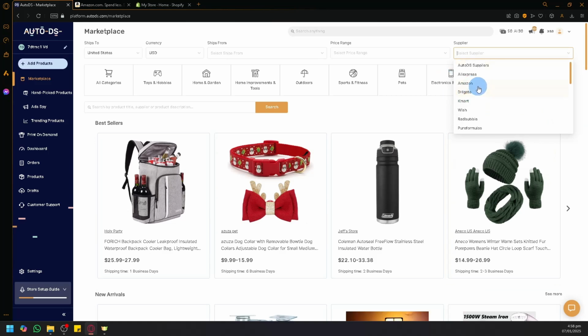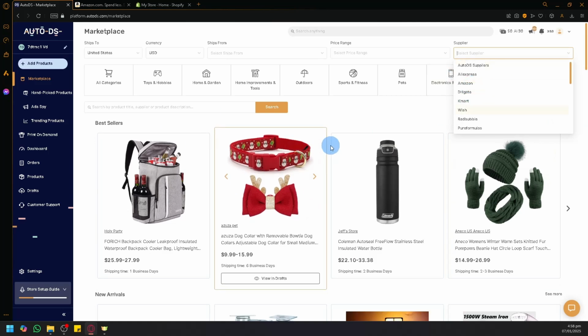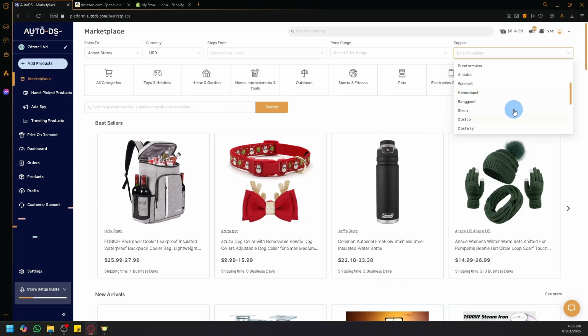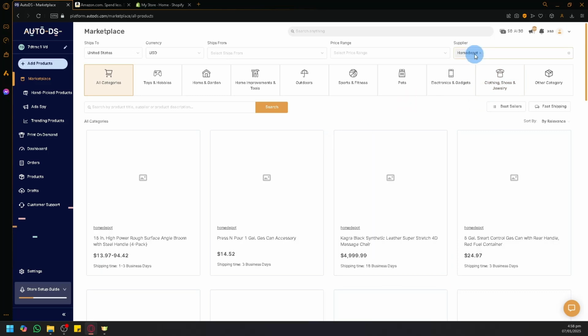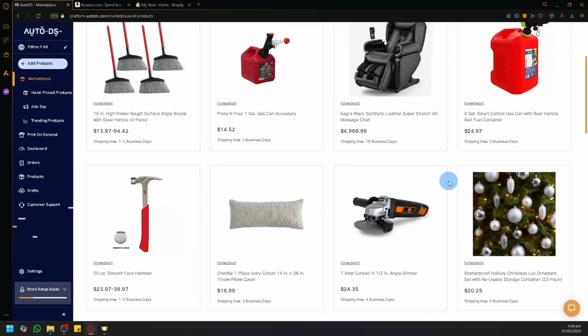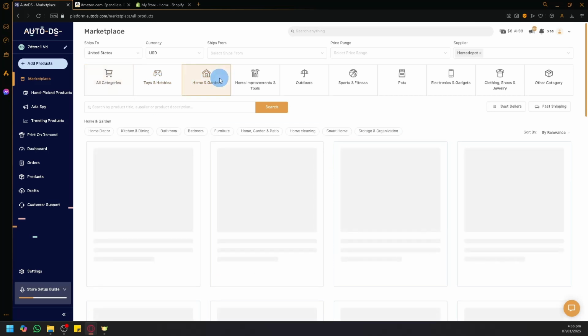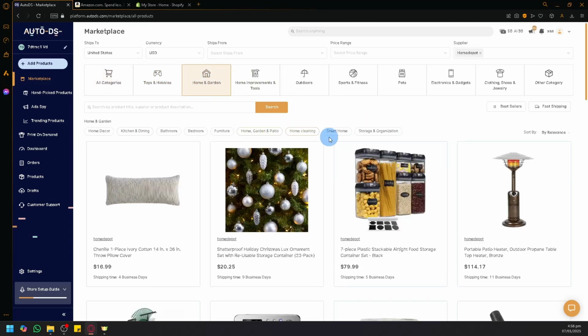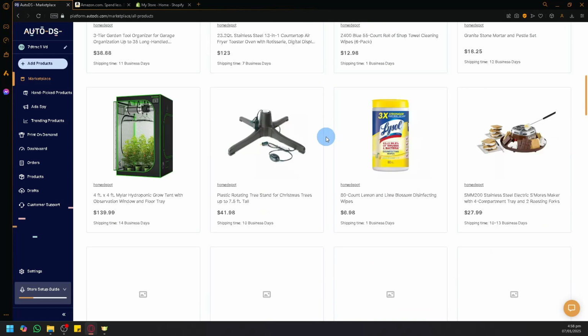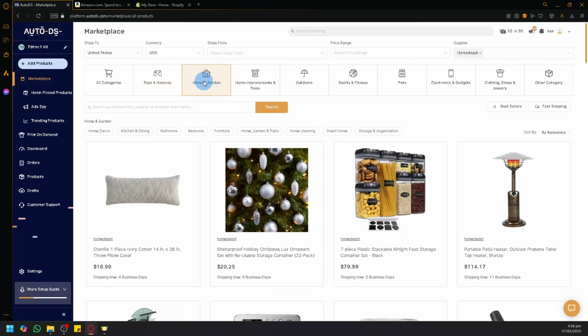So if you want to see products in your AutoDS marketplace over here, let's say I want products from Home Depot. I could select that as a supplier and all the products that I'm going to see in my marketplace are going to be from that platform. And also we have some categories over here that you could choose from. So if you want to sell specific niches on your Amazon, you could select these categories over here,